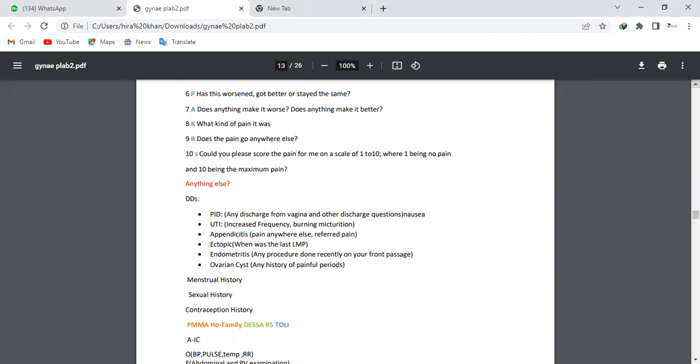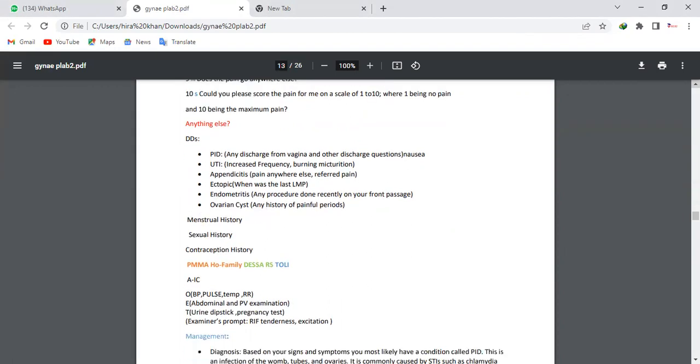Sexual history and contraceptive history are again very important, because IUCD or IUS are one of the risk factors for PID if the patient gets an infection while having any kind of device in her womb. So you have to ask that. If you miss this point, then you have made a blunder. Then complete the remaining history, past medical, family, depending upon the questions that are relevant.